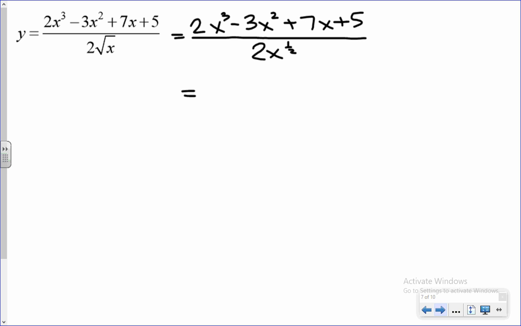Okay. So then, if we were to rewrite it, 2x cubed divided by 2x to the 1/2 power would become what? So you're trying to say 2.5, right? Okay, so 2 divided by 2 cancels. And then when we subtract the exponent, we're left with 2.5, which I'm going to write as 5/2. All right? Next term, we would have negative 3/2, x to the